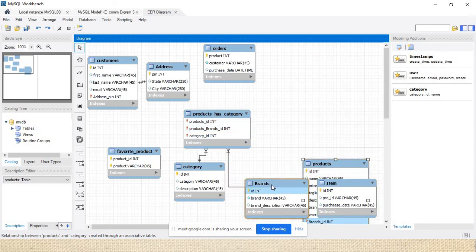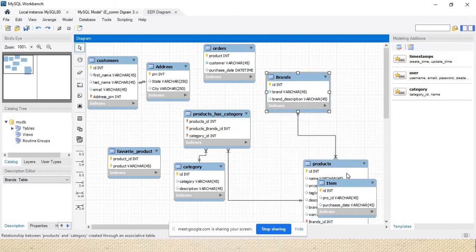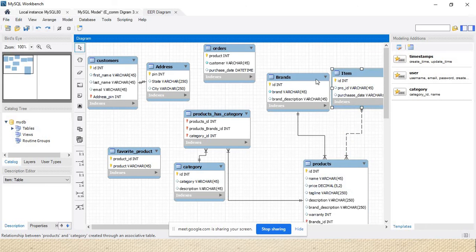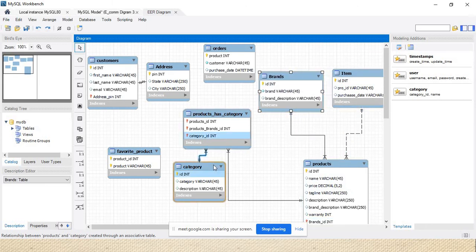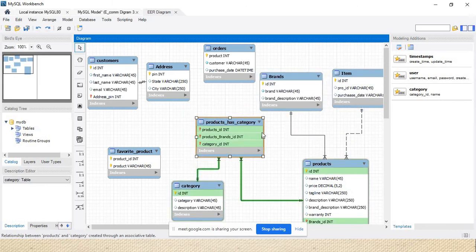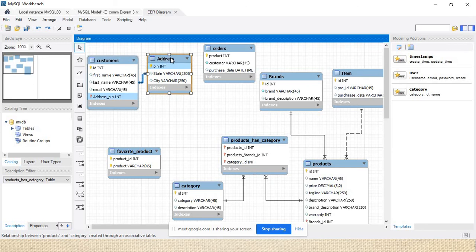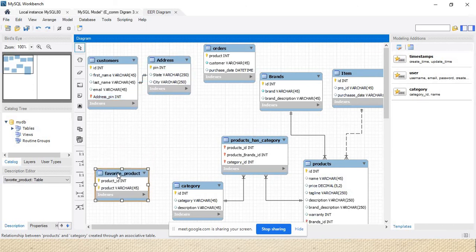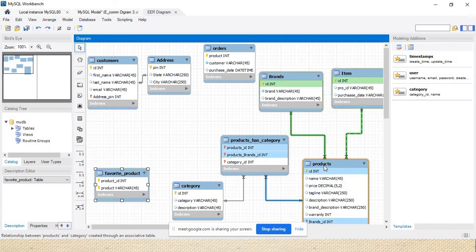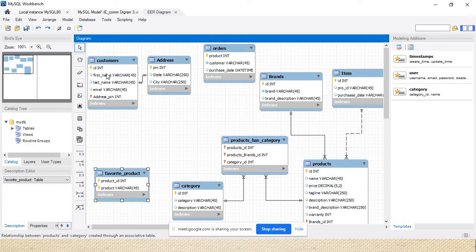So let's arrange it clearly so we get the best view. This is about the many-to-many relationship. Hope you will get the idea regarding this. And we can also create the many-to-many relationship between product and customer.